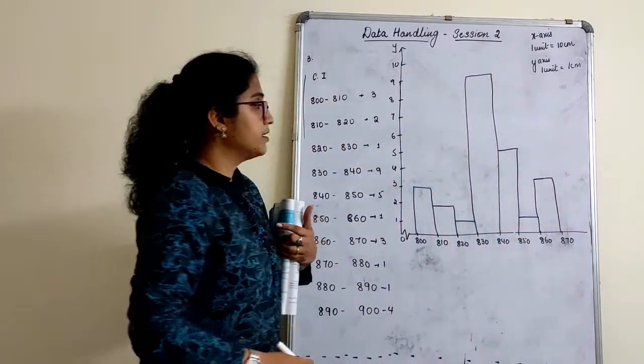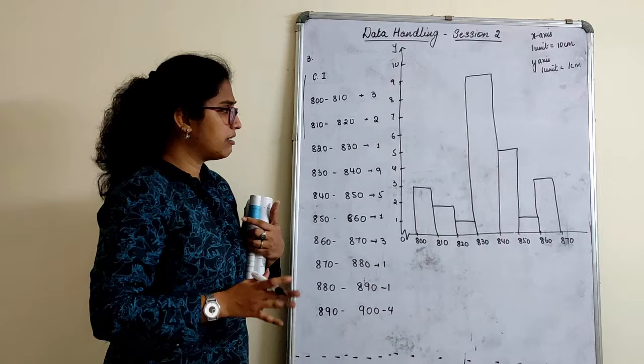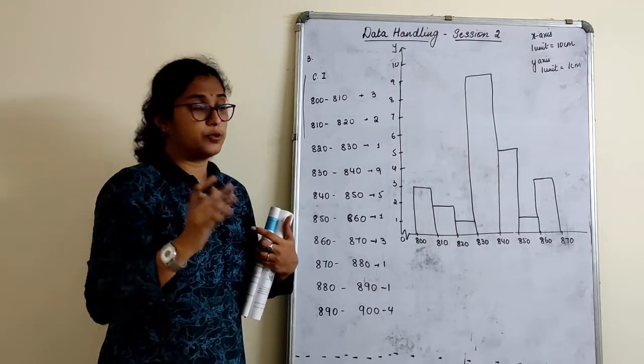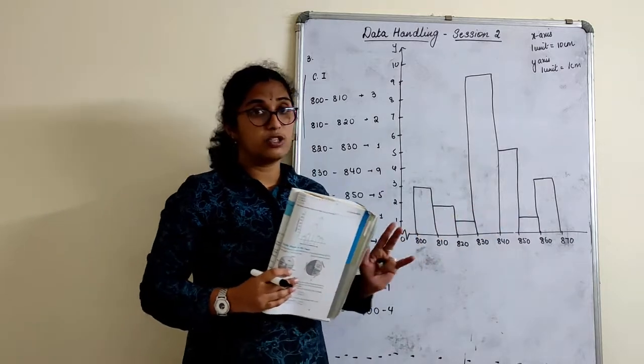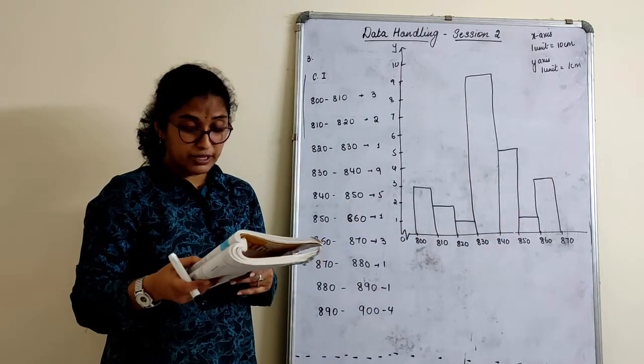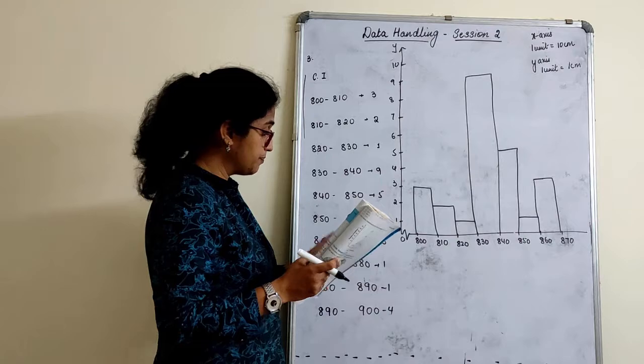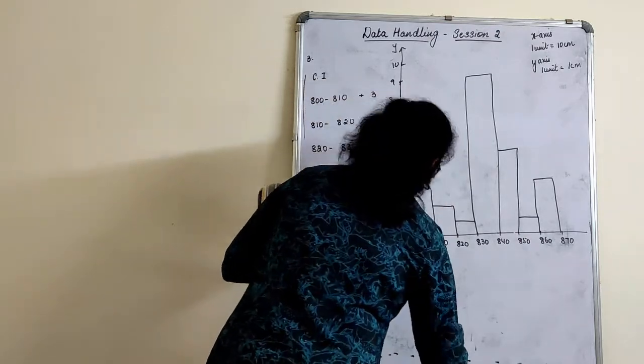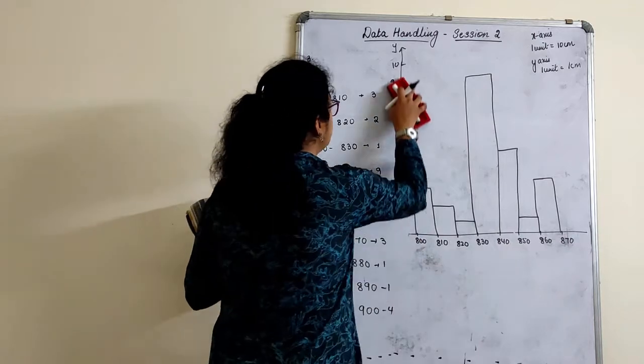Okay, it goes on. Very clear? This is how you do it. Sometimes I'll tell you how to shade it. It's up to you. Continue this. This is the histogram. There are some questions we have to answer with respect to the histogram here. Is this very clear, what I have done? Okay. Let's answer these questions, children. I will erase this part.